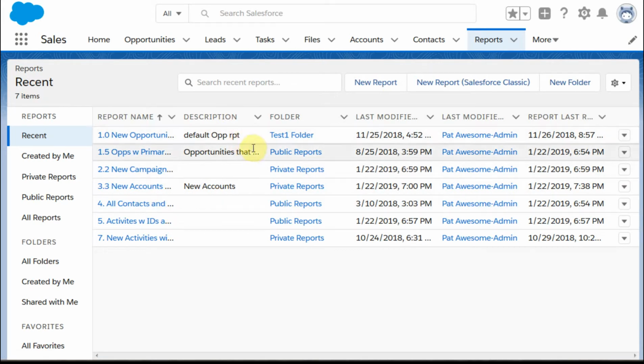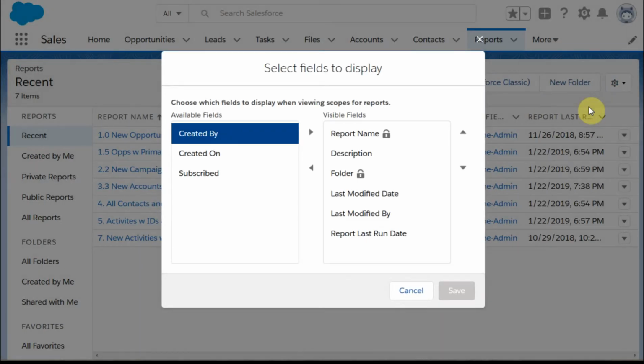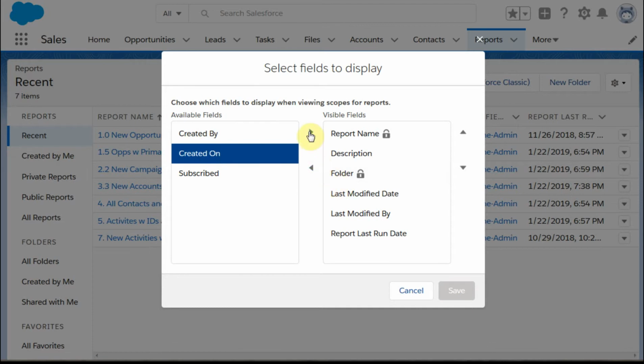What I really would like to have though is report type. And so what I can do is go out here to the gear and I can say first I want to select the fields to display on this view, and I can say okay, I'm not seeing report type here. What I can see though is I would like to have when was this created. I'd like to know how old this report is,